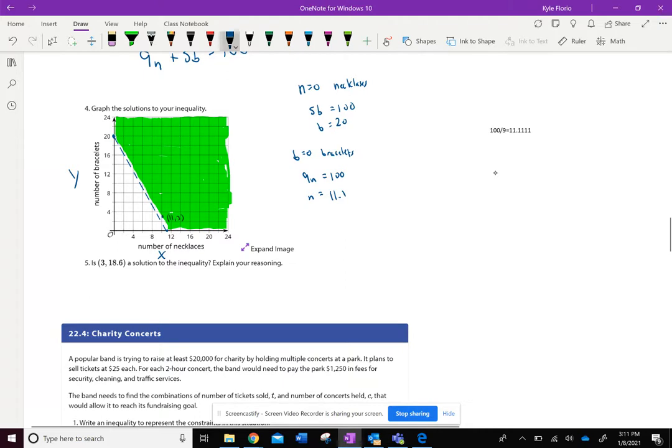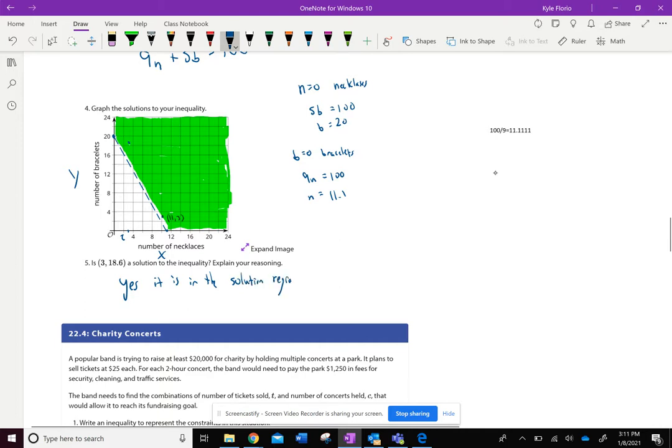And now that I have that, this question is going to be easy. Is 3, 18.6 a solution? Well, let's see what region 3, 18.6 lies in. So that's 2. So 3 is right here. And 18.6, let's see. 16 is right here. So 18 is here. So that's right around here. That's in our solution set. So it is a solution. Yes, it is in the solution